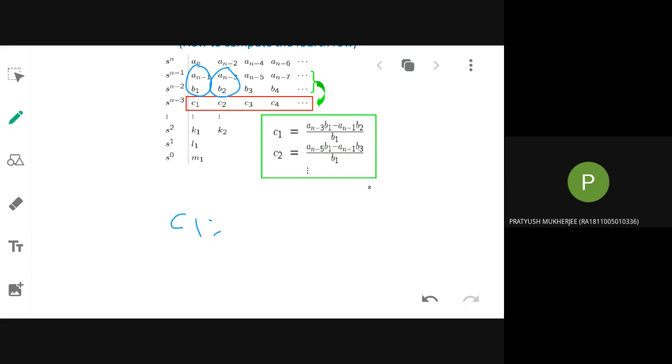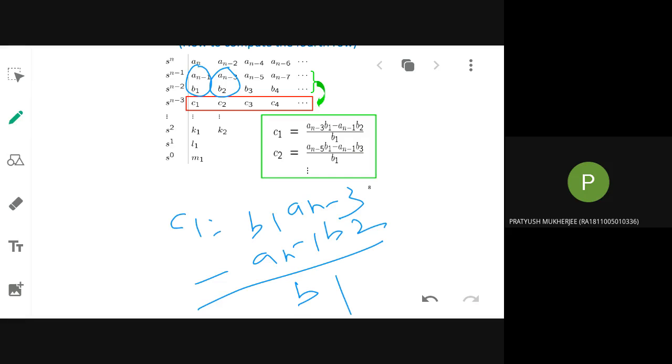See, this part of the problem from the Routh array is very simple to solve when compared to a big complicated root locus concept. So have a good understanding of the topic. How will you get C1? Same way. an minus 1 into B2 minus an minus 3 into B1, divided by B1. That is C1.